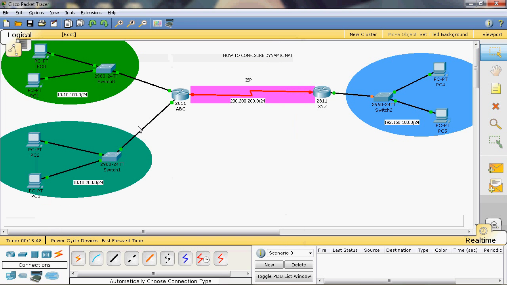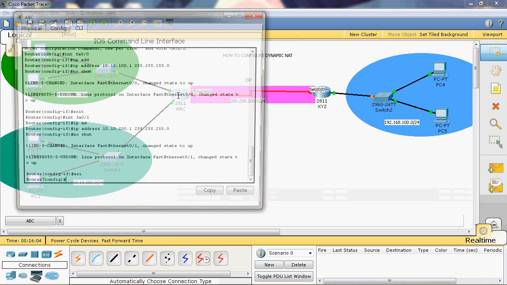Okay, now we have assigned the IP addresses to ABC organization and XYZ organization. Now we can assign the IP address to the internet service provider. So this is a DCE. In DCE we can apply the clock rate. In DTE we cannot apply the clock rate. Okay,